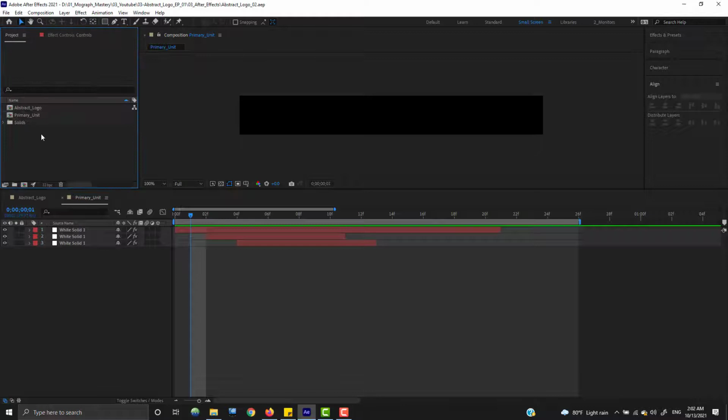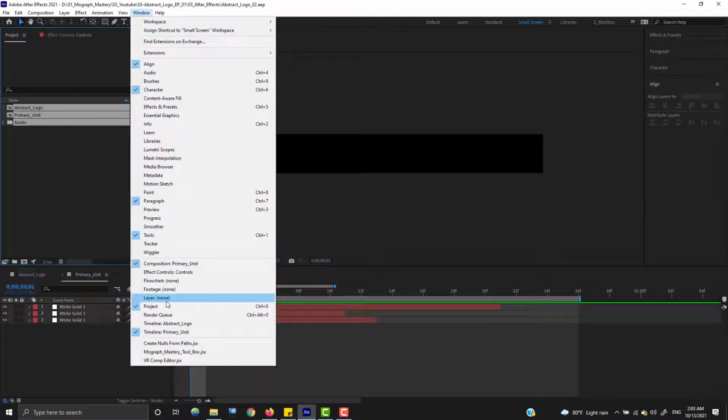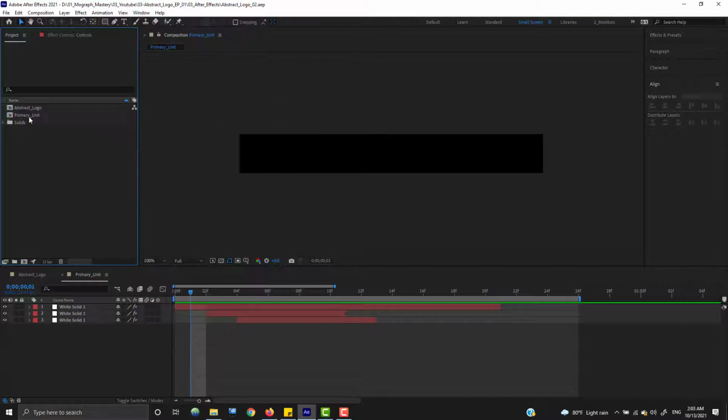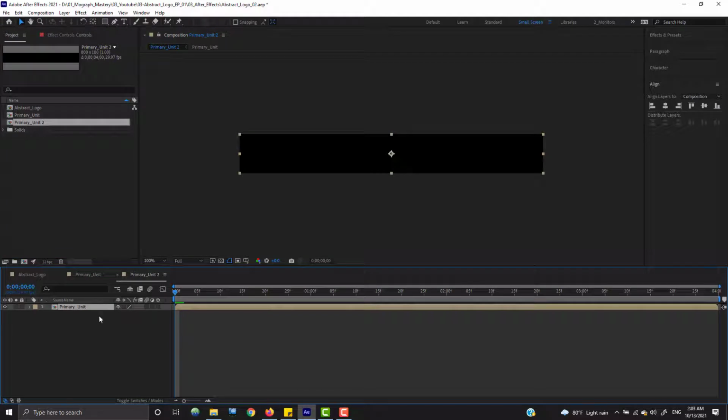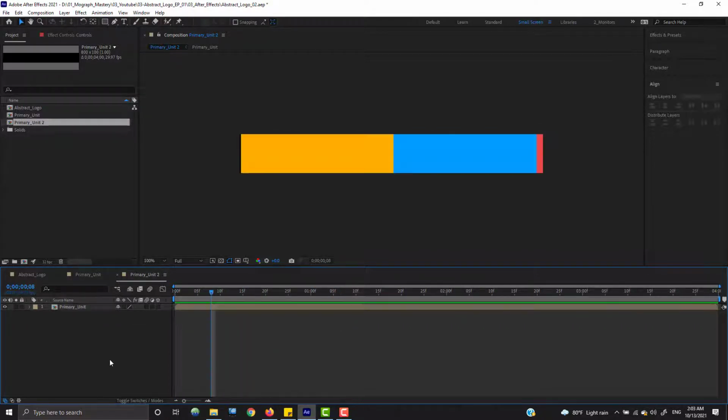Now the second step. Let's go to the projects panel. It's right here in the Windows menu, project. Now this is the primary unit we made. Let's drag it and drop onto this little icon here. What it does, it creates a pre-composition. It creates another composition with the same dimensions as the primary unit, with the primary unit composition as its first layer. We are going to call this the secondary unit,